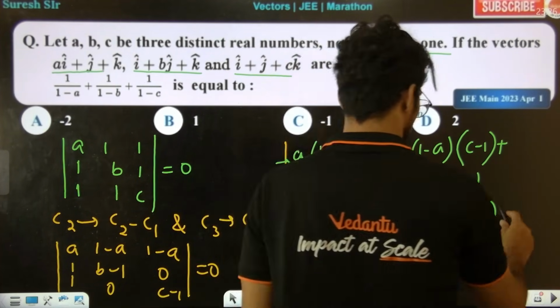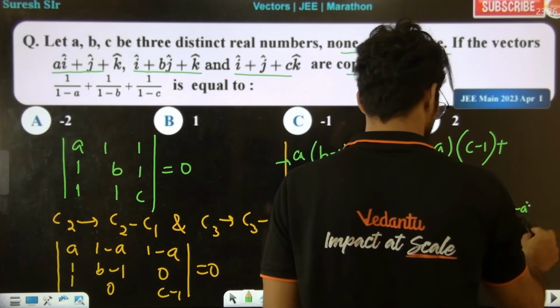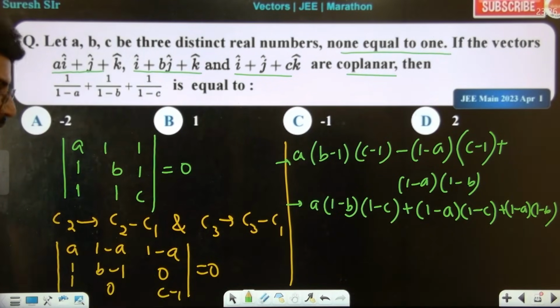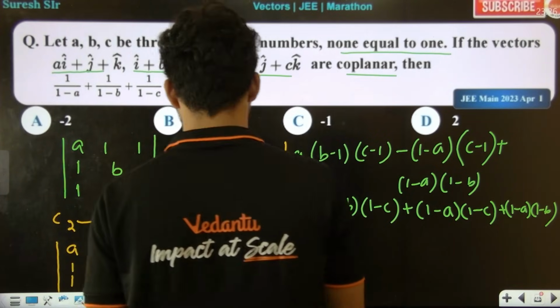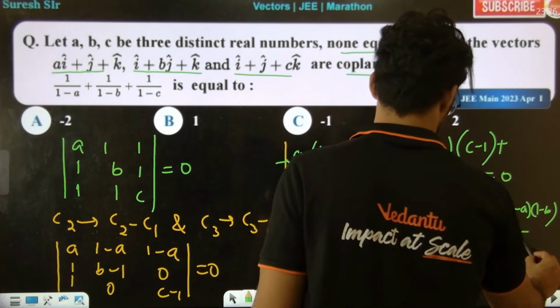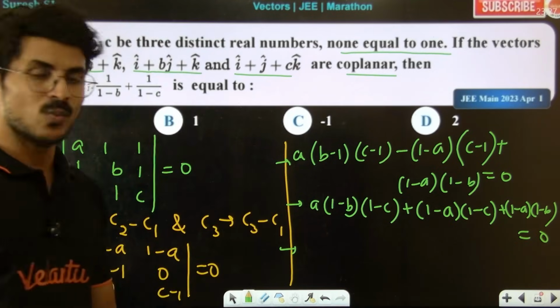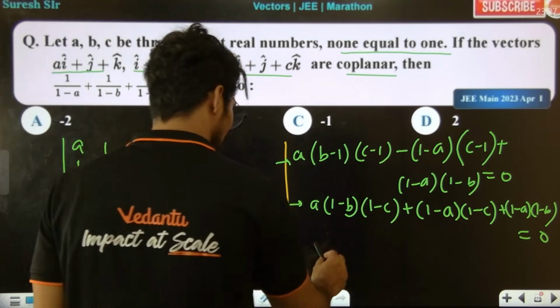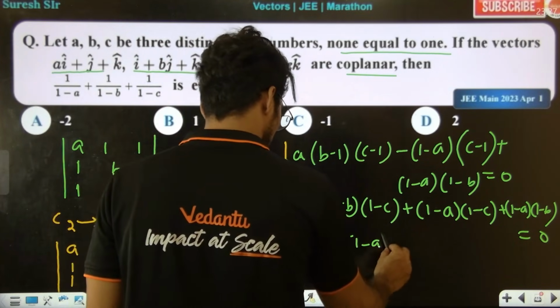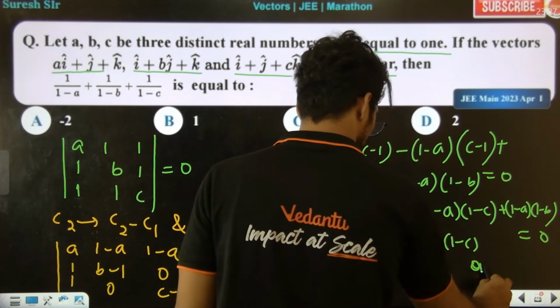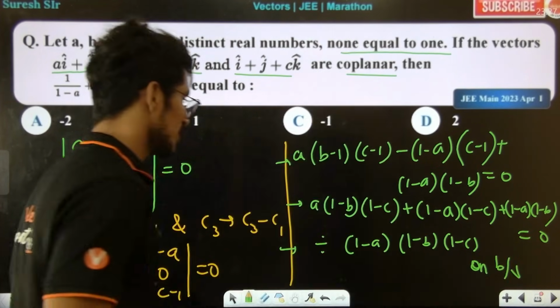Now tell me, this 1 minus A, 1 minus B is as it is. 1 minus A, 1 minus B is equal to the coplanar, right? So it is equal to 0, so determinant equal to 0, right? So let me divide with 1 minus A, 1 minus B, 1 minus C on both sides. Dividing with 1 minus A into 1 minus B into 1 minus C on both sides. So tell me now,